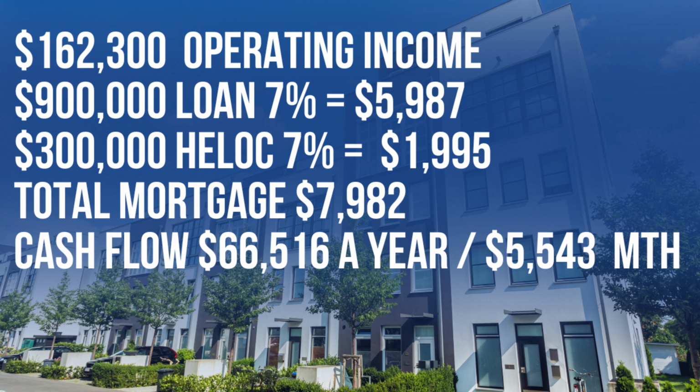So the mortgage is going to be $900,000. Your payment's going to be $5,987 at 7% interest rate. And then you got to calculate your HELOC loan that was $300,000 principal and interest. This is $1,995 at 7% interest. Your total monthly mortgage cost is $7,982